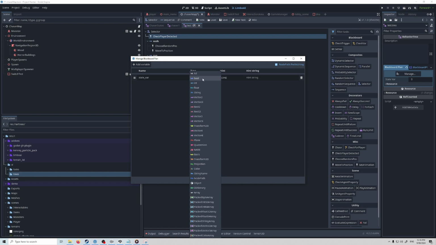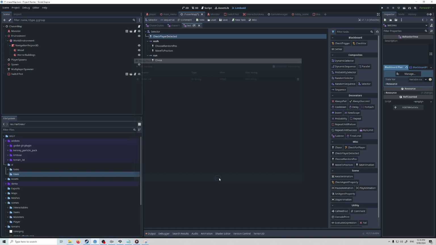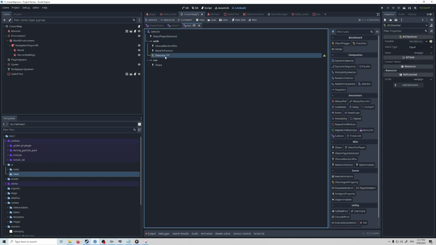I think it still works without the _var, but in the documentation it says it's important to use it, so you should. This will be type string, because we're just going to type in the state name, walk or run in this case, and then you press OK. And now you have a state var here, and you can give it a default value. I call it walk, and then in walk you can just check var, move this up with Ctrl up,